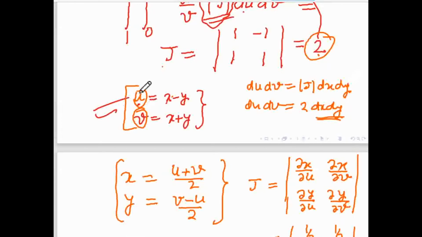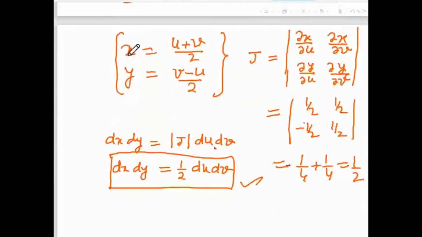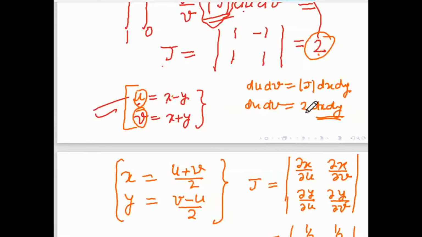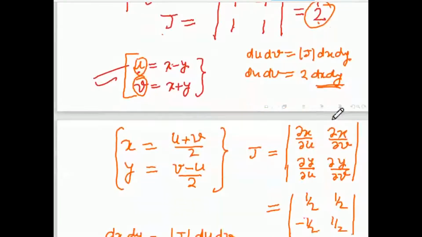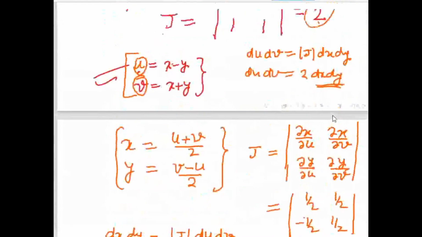So this relation depends on which domain you are in and which domain you are going to. Here we are in the uv plane, that's why du dv. We are going to the xy plane, so the right hand side is xy with the Jacobian multiple. So du dv equal to 2 times dx dy. Here we are in the xy plane and transforming from xy to the uv plane. So this side is dx dy, it is Jacobian times du dv, and mod Jacobian came half. So it is the same as 2 dx dy equal to du dv. So here du dv equal to 2 times dx dy. Is it clear? So in both ways you can use.